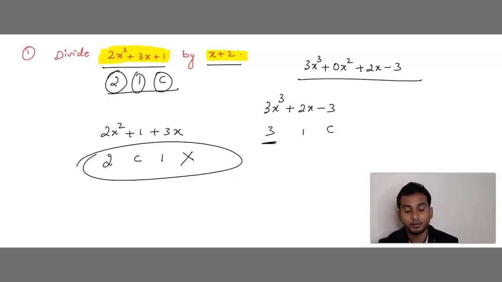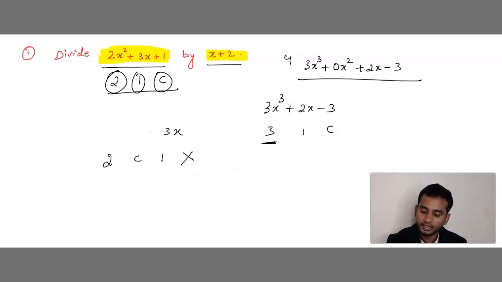Okay. This is the first step. You should be very careful. Before you solve any problem, make sure that the given expression is in its standard form. Third degree, second degree, first degree, constant. If it is power 4, then 4, 3, 2, 1. If it is 3, then 3, 2, 1. If it is 2, then 2, 1, constant. Like that. Understood? Is this clear?